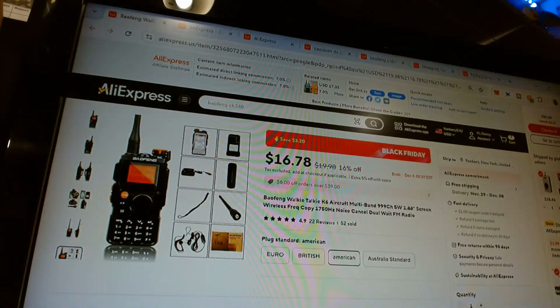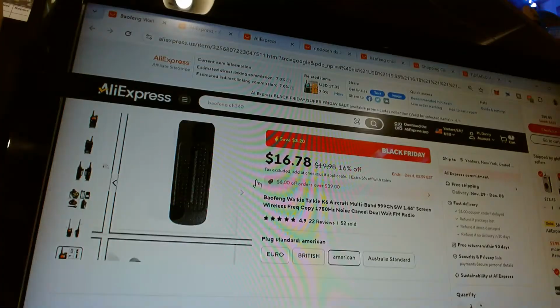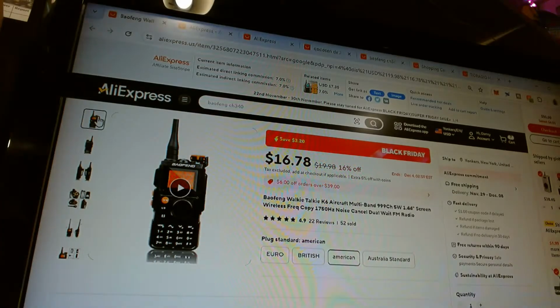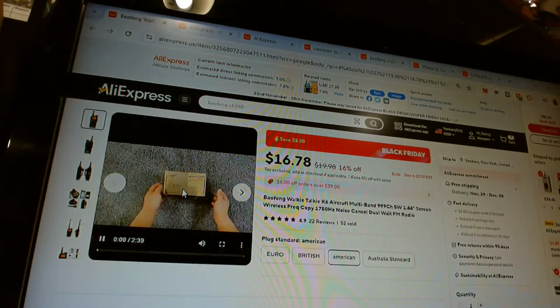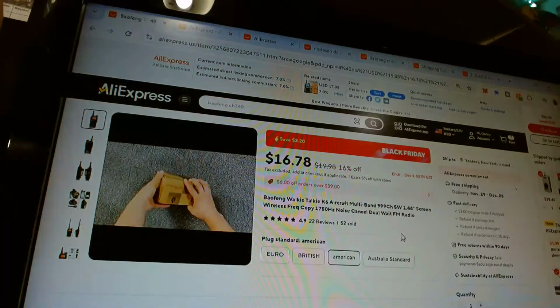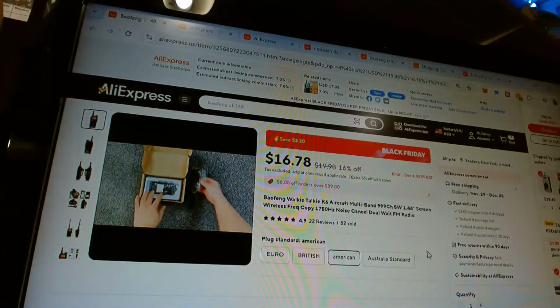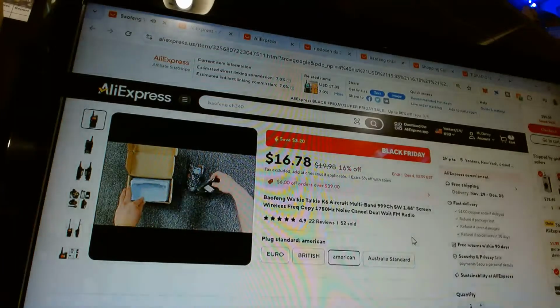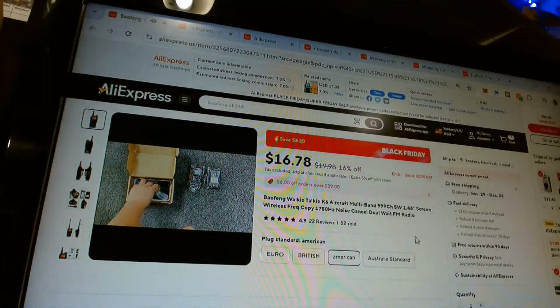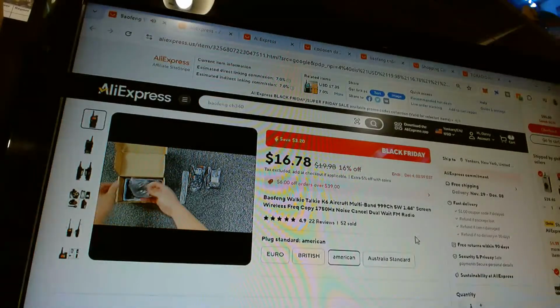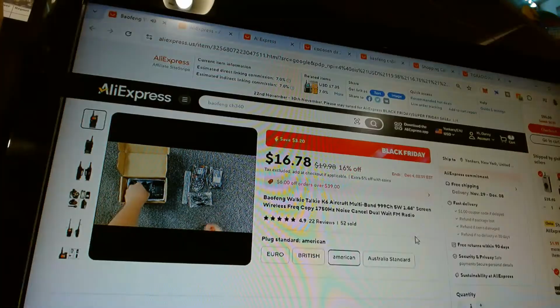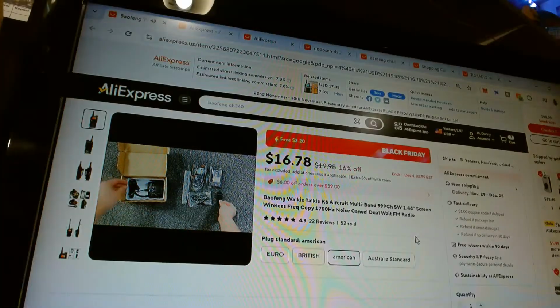So the E100 is a bigger battery. It's a 3,000 milliamp hour battery. And this one is 2600. Excuse me, 2600. I just saw it. It's the same radio, same exact radio. I mean, I like the E100. The weather band reception is very good. Yeah, it's very sensitive on the weather band.